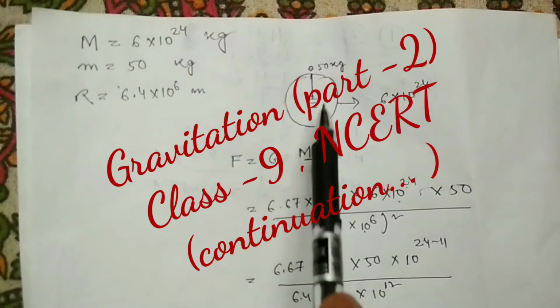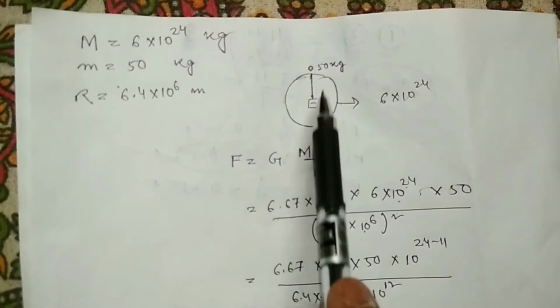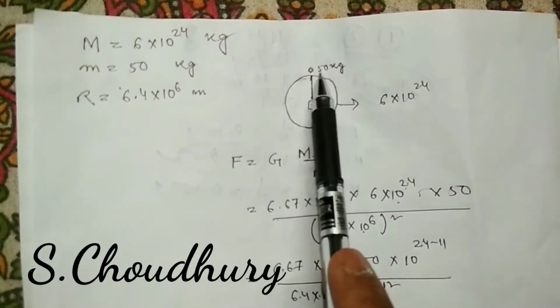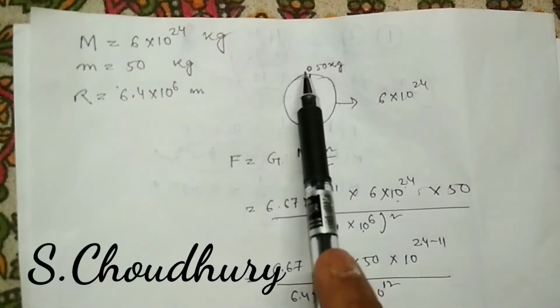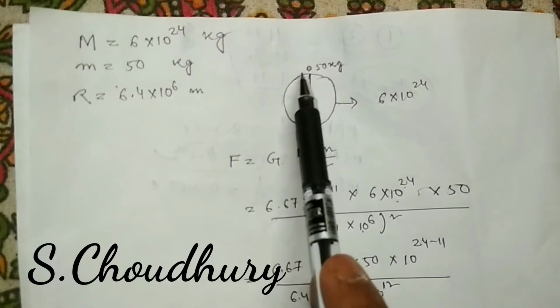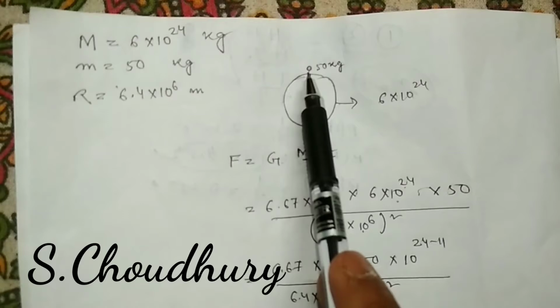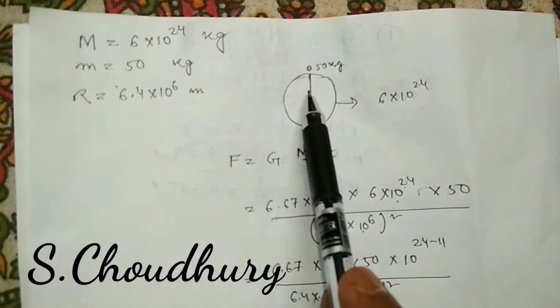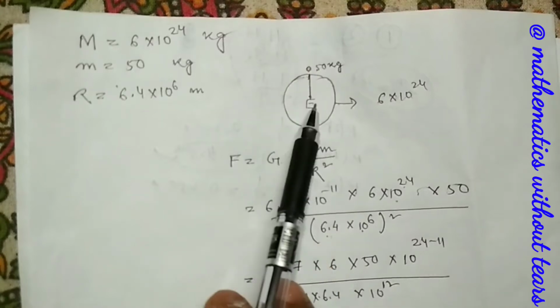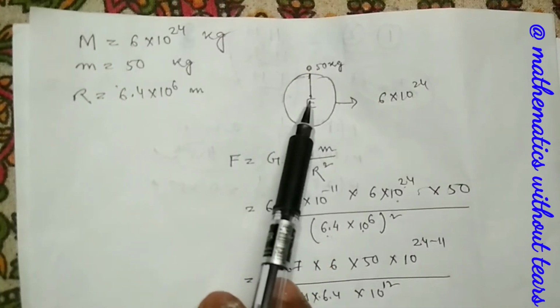Suppose E represents Earth and this is a small stone of mass 50 kg. Fine, as compared to the Earth, this is very small. And you have dropped this stone from a certain height. Obviously, the stone is going to move towards the Earth. Now, if you calculate what is the force between the stone and the Earth, for this, we have to use